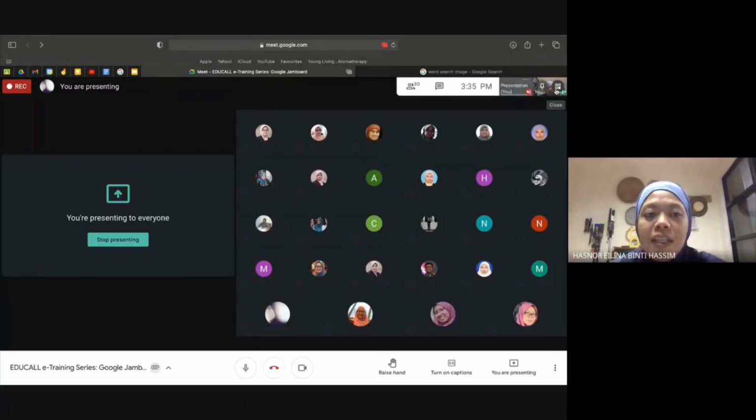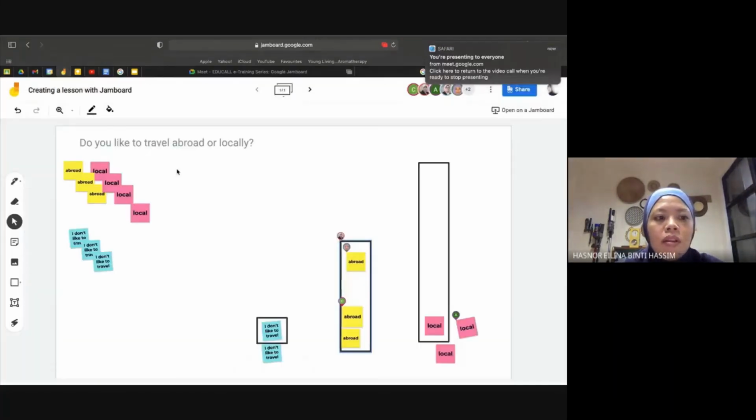Okay, so far, I would say that it's useful. It's very interactive. This is how we can collaborate, not just with students, but also with our colleagues actually. Okay, and I can also share with you other things that